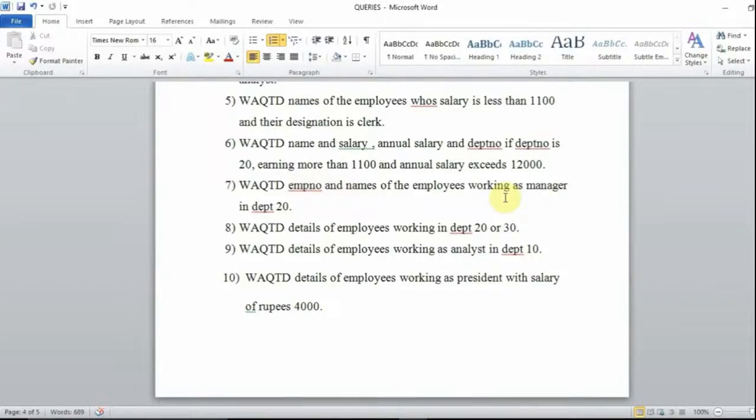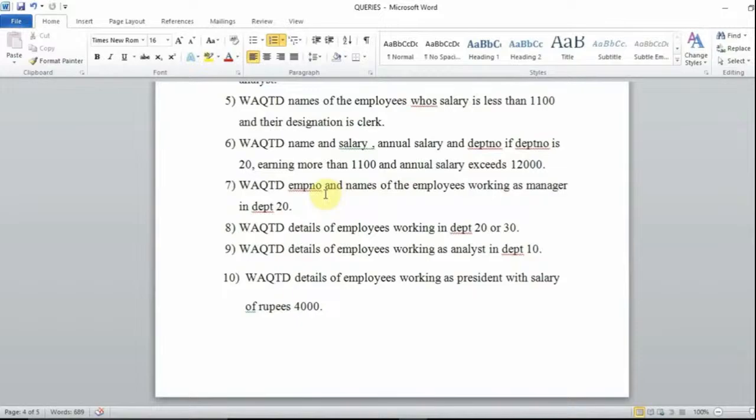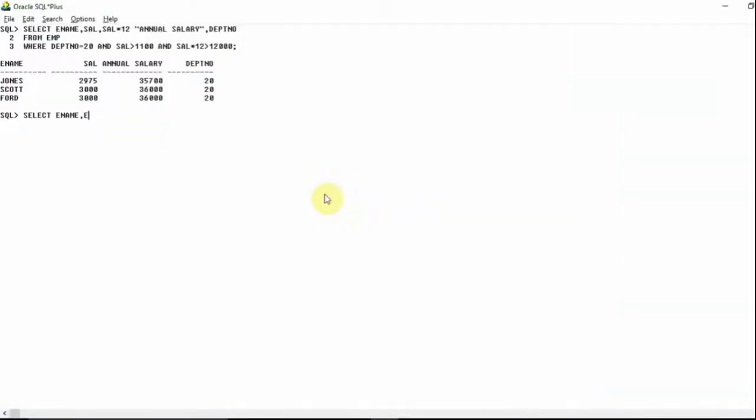Write a query to display employee number and names of employees working as manager in department number 20. So this is also same guys, I need to display employee number and names of the employees. Okay, so I will write select employee number and employee name. First I will write EMP number, after that E name. I will be selecting these things from the EMP table